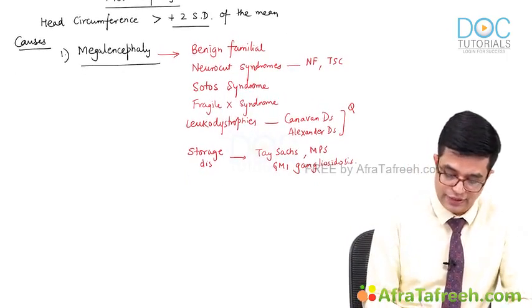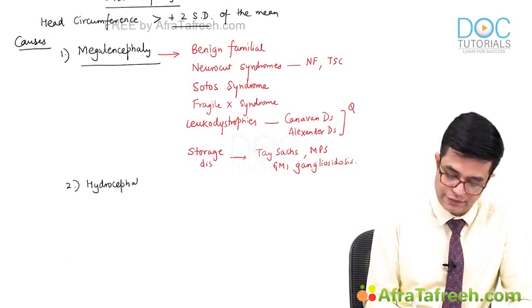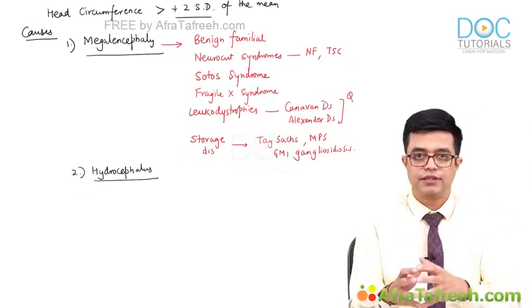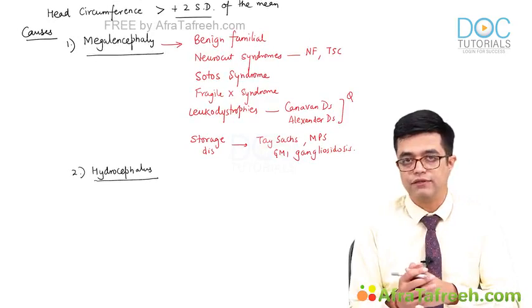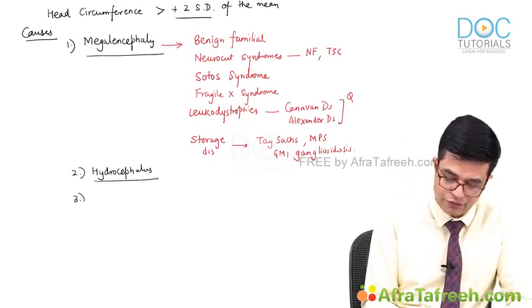Second, it can be seen in patients who are having hydrocephalus. So due to increased CSF, the sutures will separate from one another and the overall dimensions of the skull will increase. So that is hydrocephalus. Third, it can be a feature of overly thick cranium, which can be seen in certain